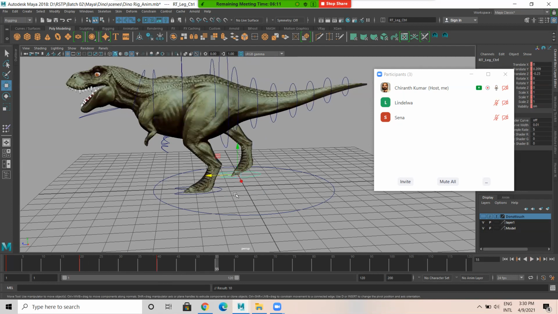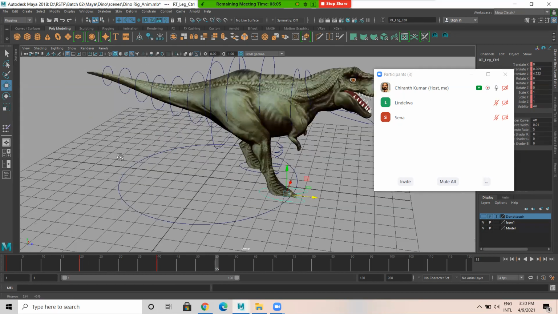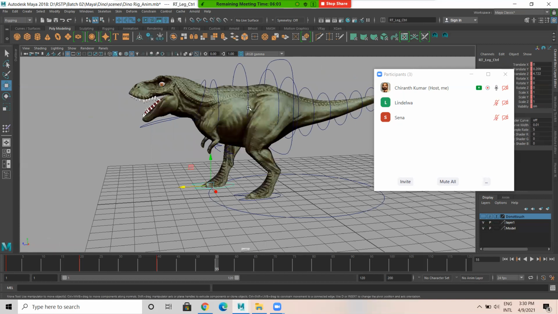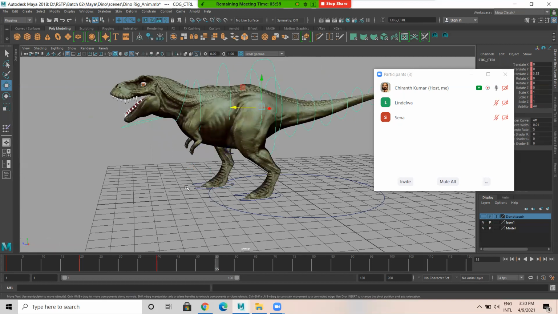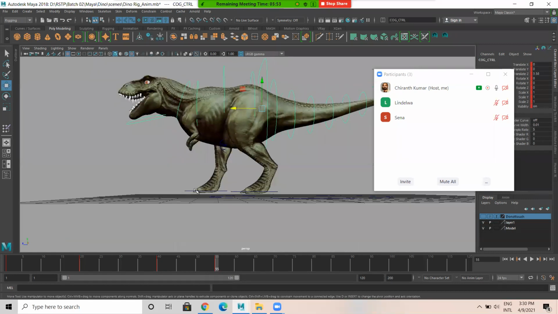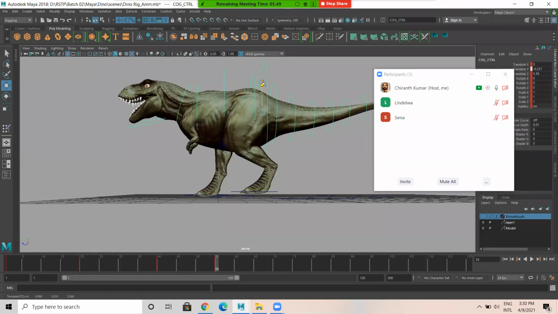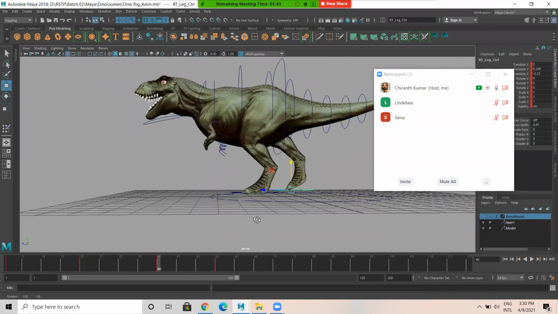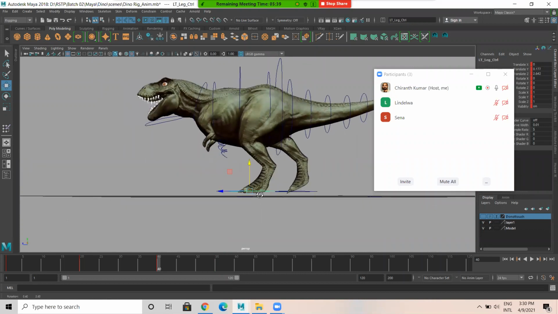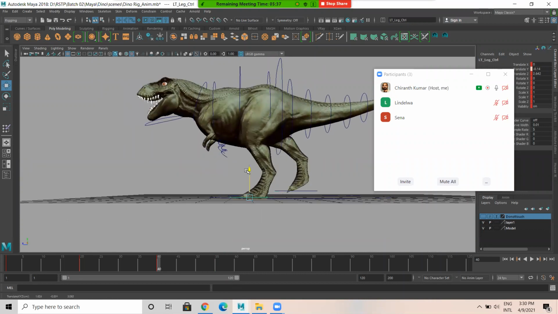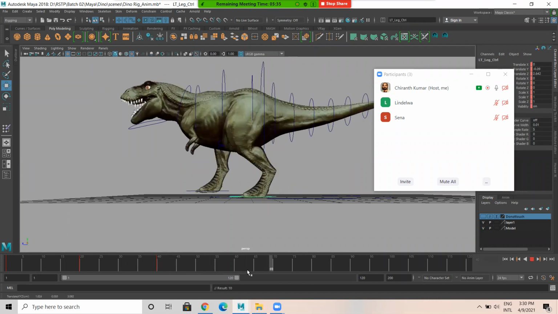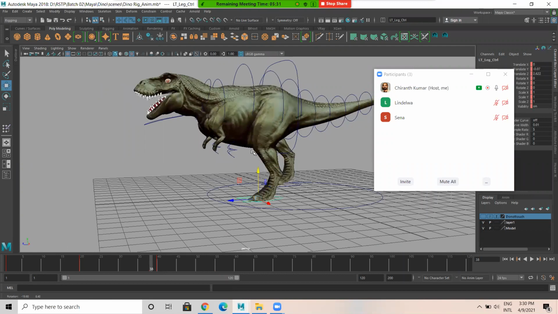After 40, I'll just come over here. I'm selecting this and I'm gonna move this a bit. Key, key, like this, key. See, that's how the animation does.